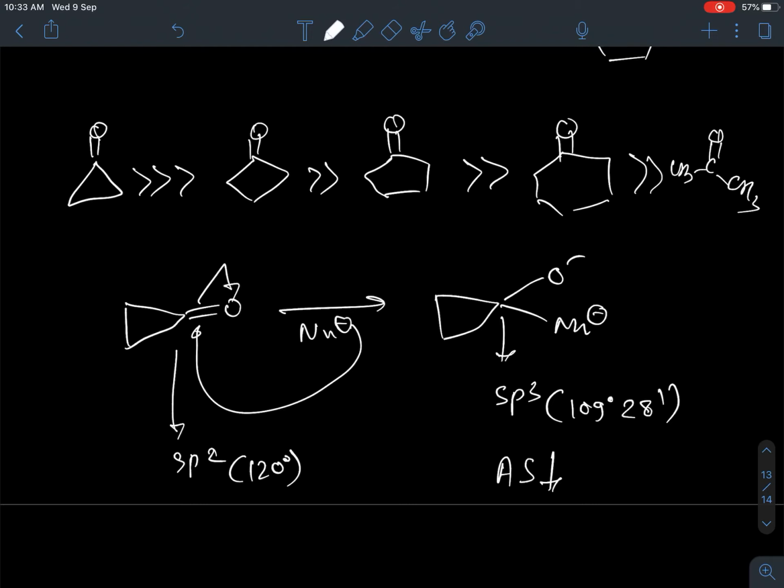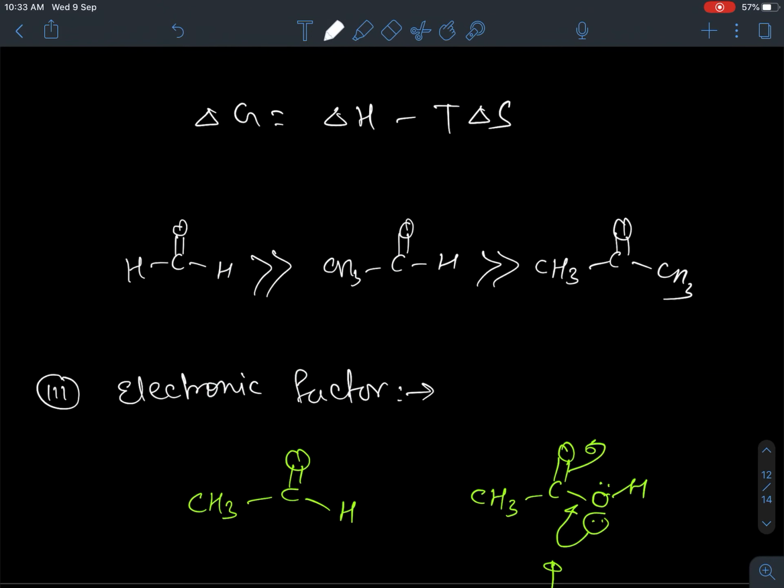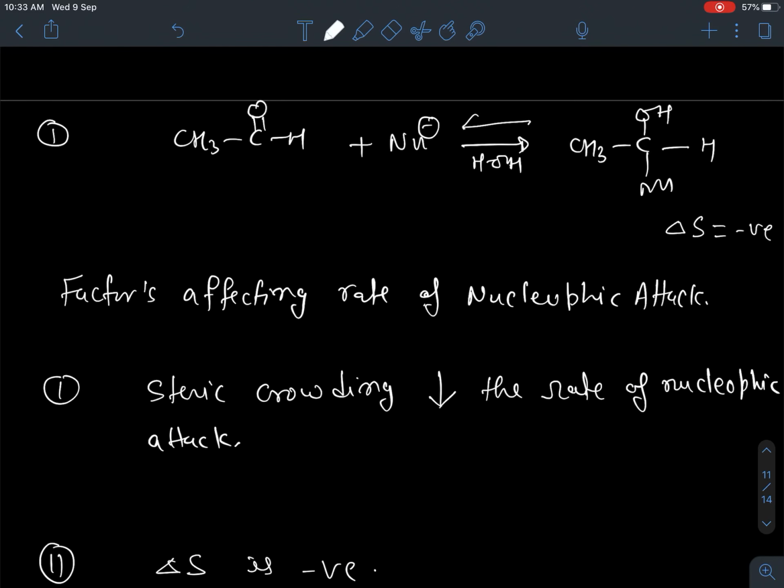Right? So this is how the reactivity is affected. Once again, let us recall the whole thing. Factors affecting nucleophilic attack: undoubtedly steric factor. Number 2 is how much charge it is going to impart on this. If you are attaching an electron withdrawing group here, then nucleophilic attack will be better and better. Next, if any conjugation is disrupting the pure carbonyl nature, like in the case of carboxylic acid and all, then it will decrease the reactivity of this.